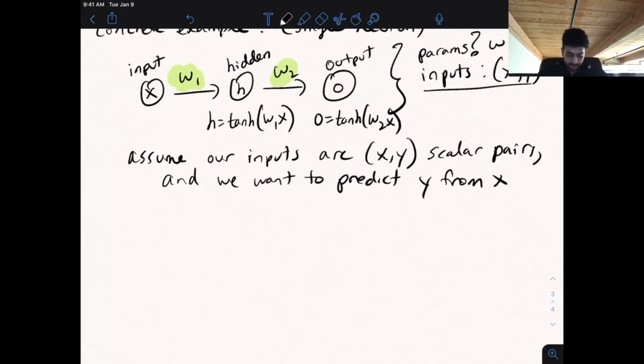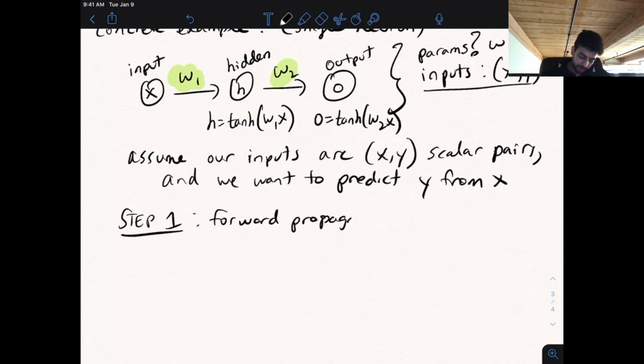So what do we do here? The first step is something that we've seen before. It's called forward propagation. So given an input x,